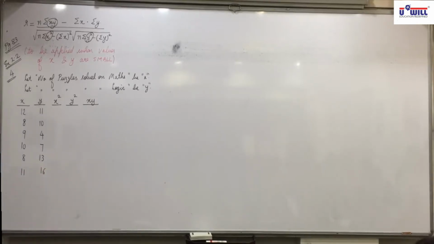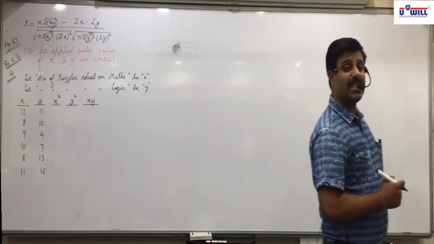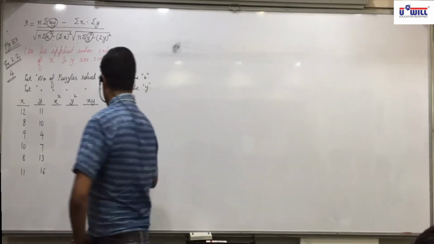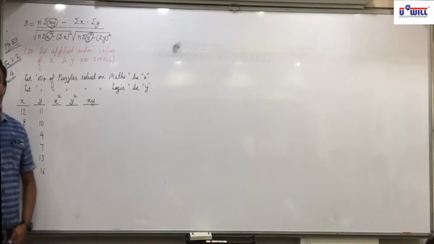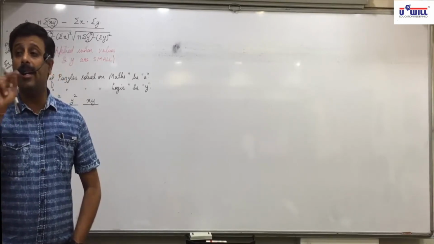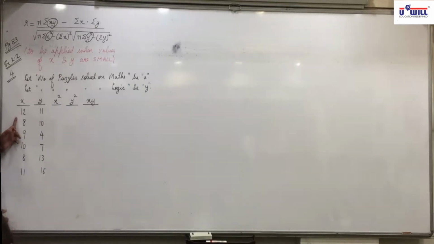Did all of you write the values of x and y? Raise your hand who is still writing the values of x and y. Everyone has written it? Now first we need x squared, means all the values of x are to be squared. Last year I told you, how will you do the square directly in the calculator? Simply press into n equals to. Do it, everyone. 12 into